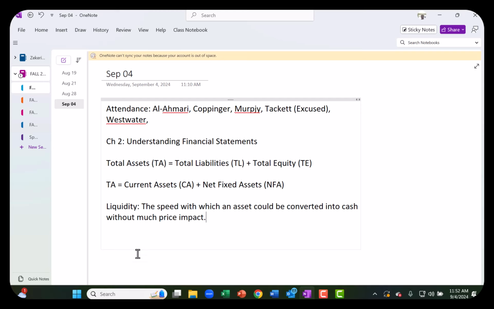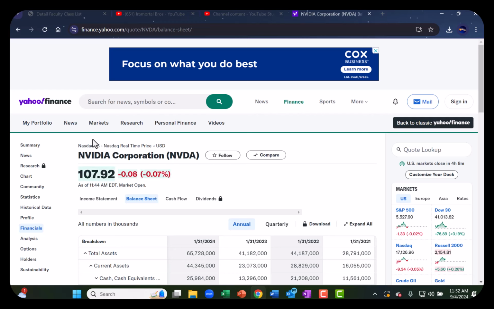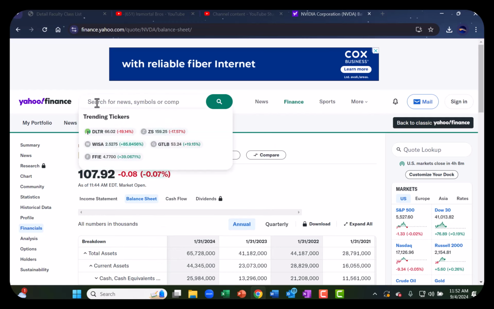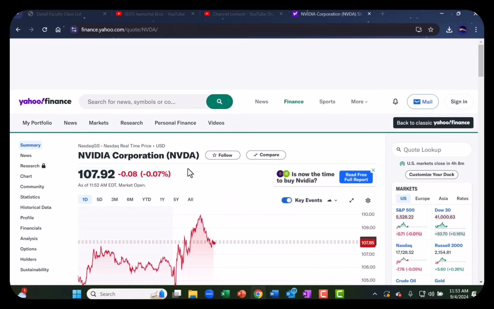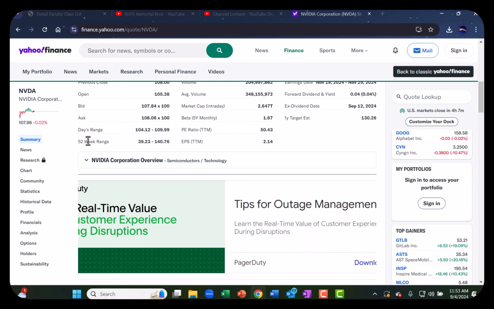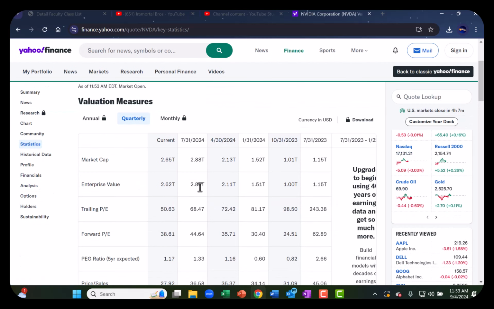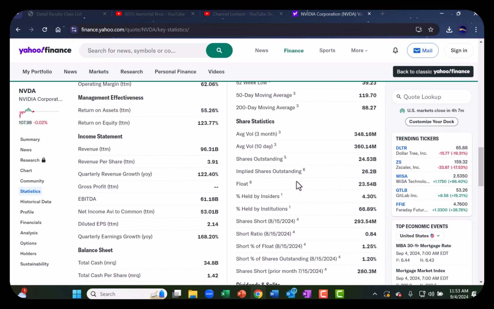For example, let's see how much daily transaction there was in Google. Oh, let's look at NVIDIA, since I'm already there. Let's see what's the volume today. Where art thou? Okay, average volume, for example,